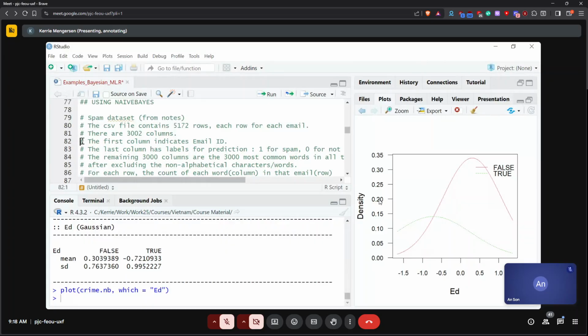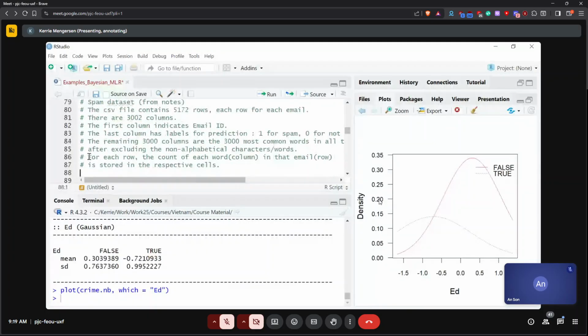They've classified these 5,000 odd emails as either spam or not spam, and we're going to use this information to try and learn which of the word counts, which of the words, tell me whether it's spam or not spam.